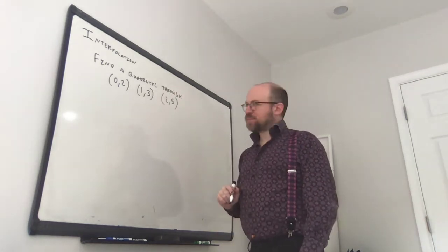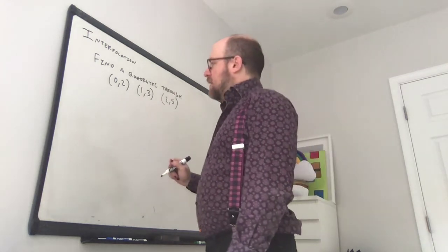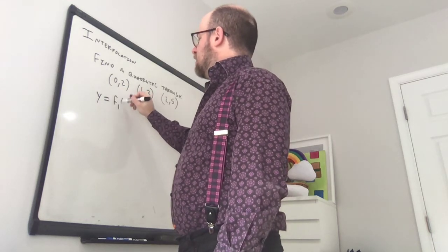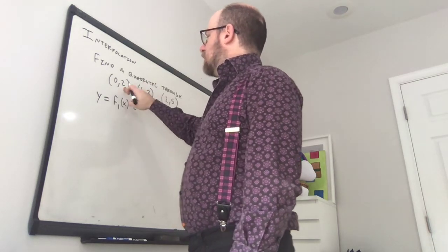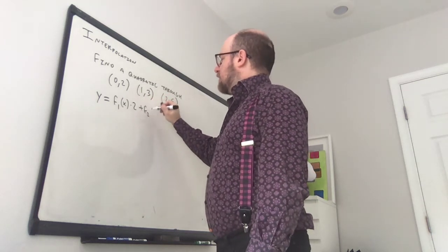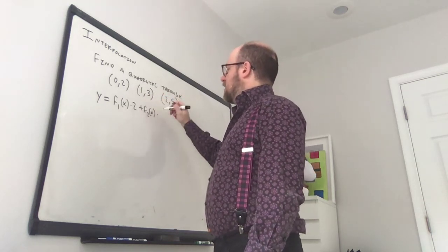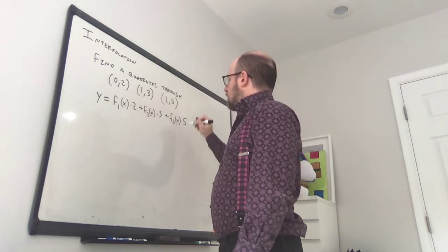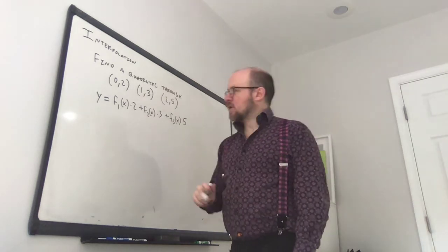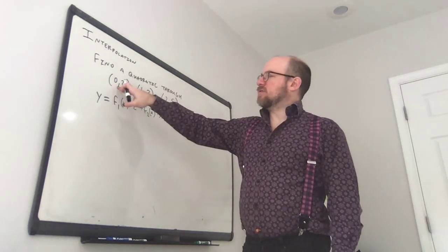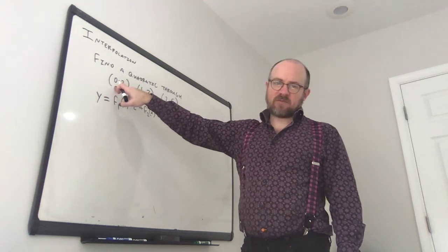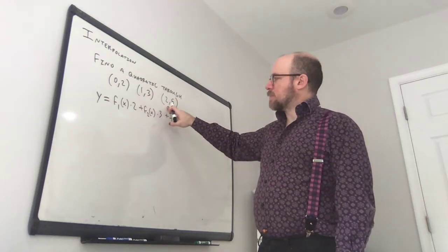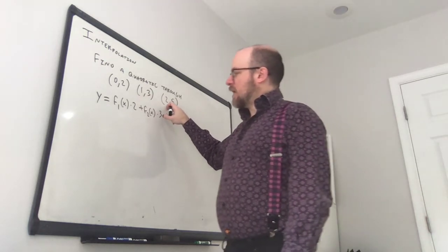Okay? So the equation is going to be y equals our f1 of x times 2, the first y1, plus f2 of x times 3, plus f3 of x times 5. Okay? Where f1 is going to be the one where we skip the x value from this one, f2 is going to be the one where we skip this one, and f3 is the one where we skip this one. Okay? So if we write this down,